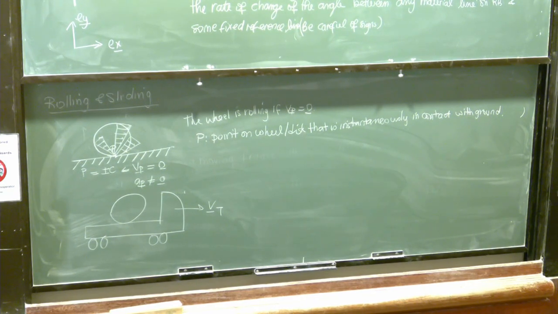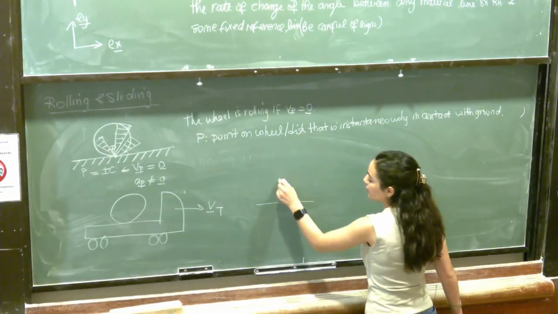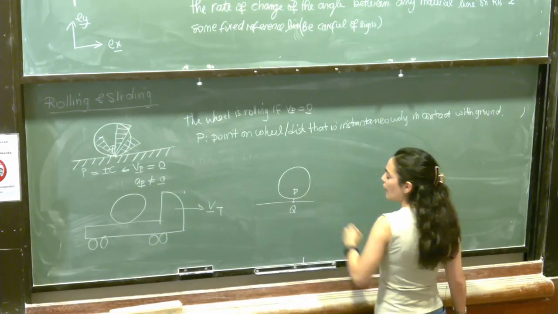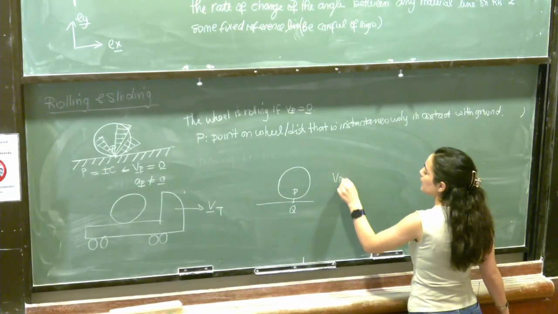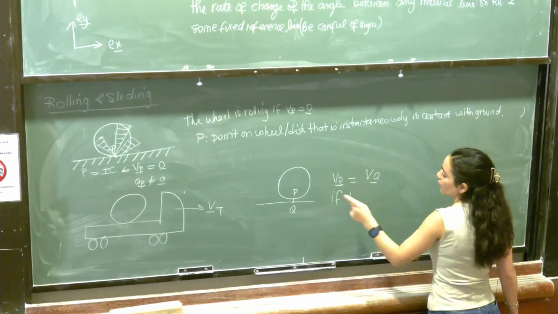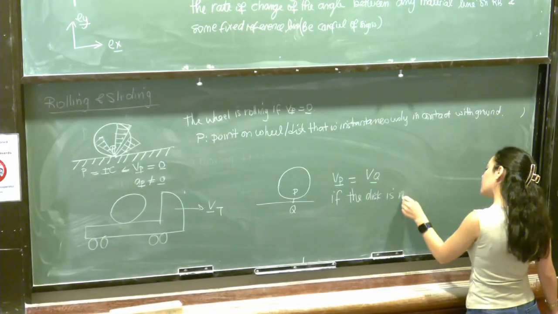Okay, so what do we think? How can we express the fact that the wheel is rolling without slipping on the moving truck bed? Yes? VP is equal to VT, exactly. So what I'm going to do is take the truck bed and the wheel, consider 2 points, P and Q, and say that VP is equal to VQ. If the disk is rolling